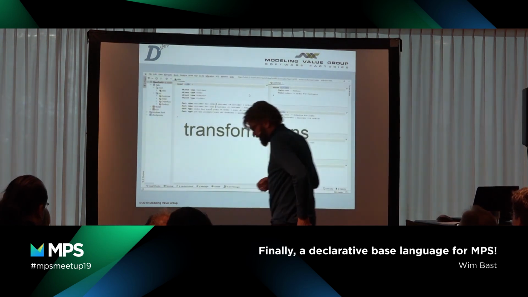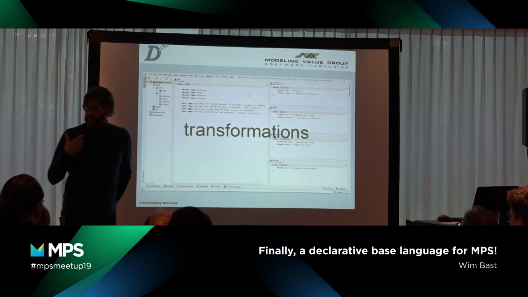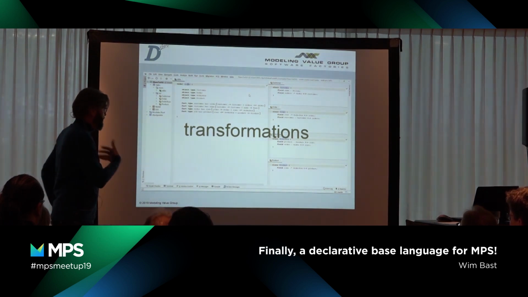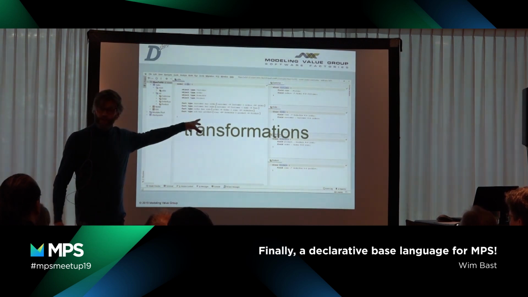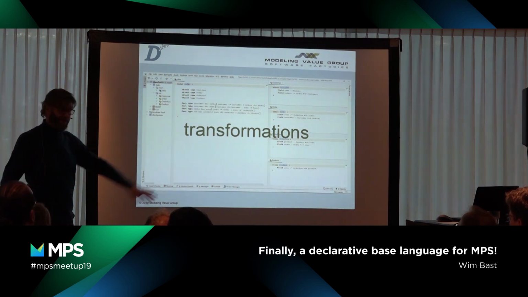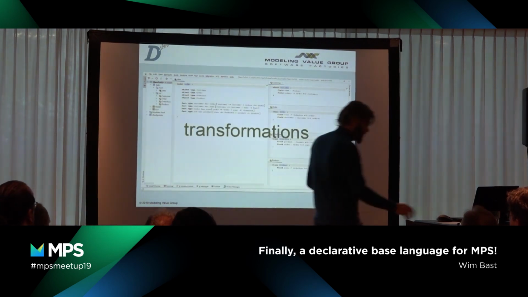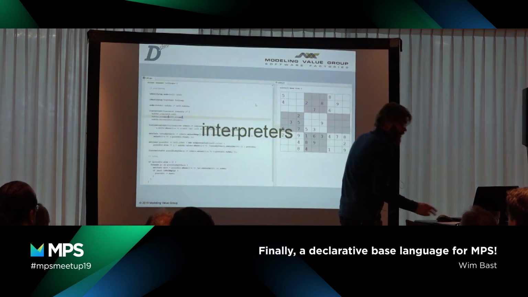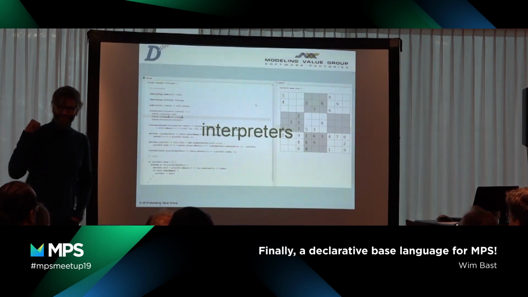If we look at MPS, currently we have just added Dclare as a language aspect, and you can build transformations with it. This is the transformation that I'm going to demo later on. Not only the end result, but I'm trying to build the complete transformation, specified in DclareForMPS, in 10 minutes. You can also build interpreters. This is what I'm going to demo, but I'm not going to build it on stage.